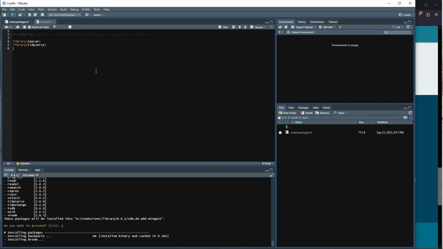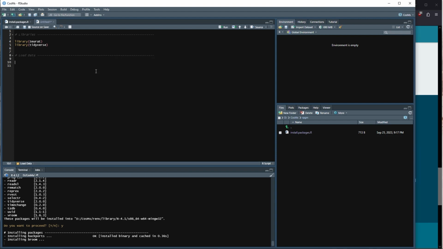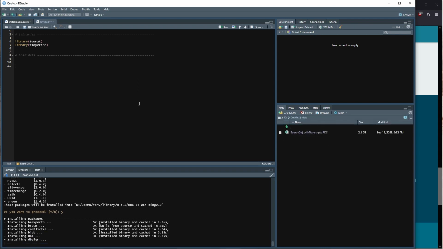But as that's running, we can set up our next thing. So we'll do Control-Shift-R, and that's how you enter in these new sections. Let's go ahead and call this one Load Data. Cool. Let's go back here. We have our data. So this is a Seurat object that we had downloaded before. So what we can do is, let's just call it object. I feel like that should be easy enough to type and fast enough to keep working around. We can do readRDS, and then we need to go into our data folder, and then we can tab,